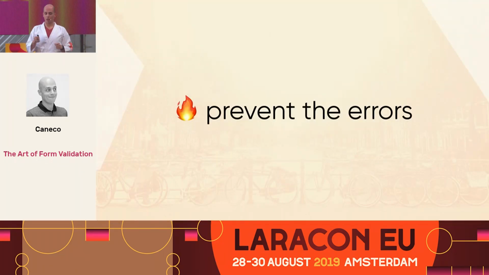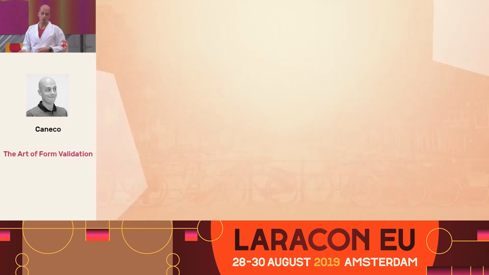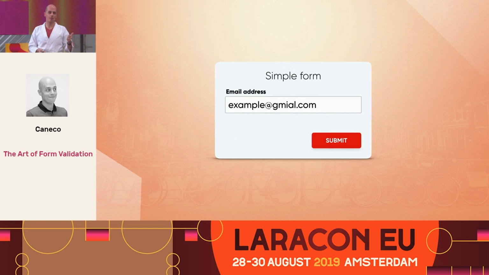But how to prevent the errors from happening? Maybe it would be easier or better for users to know that it's supposed to be an email address, instead of waiting for the user to click the submit button. Even this stuff happens: the user is typing their email address, and they mistype it. The user makes mistakes. So why not pop up a new message saying, oh, did you mean Hotmail? And then if the user clicks it, it switches to the correct email address.